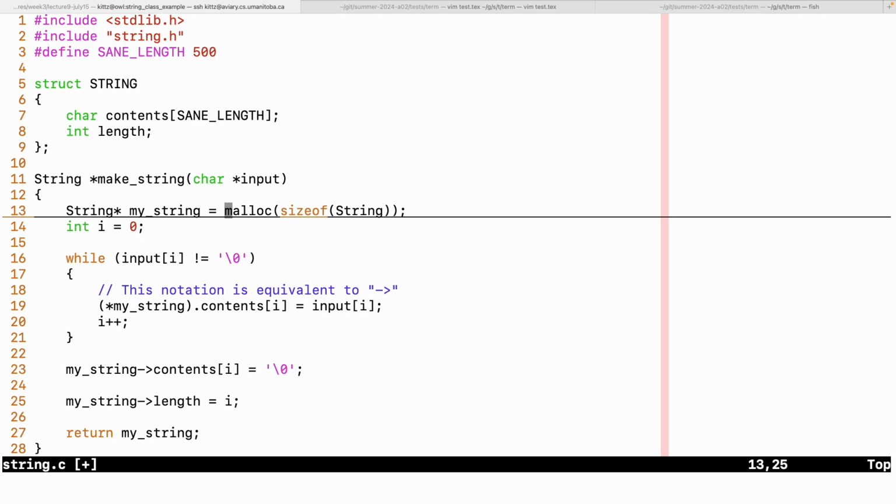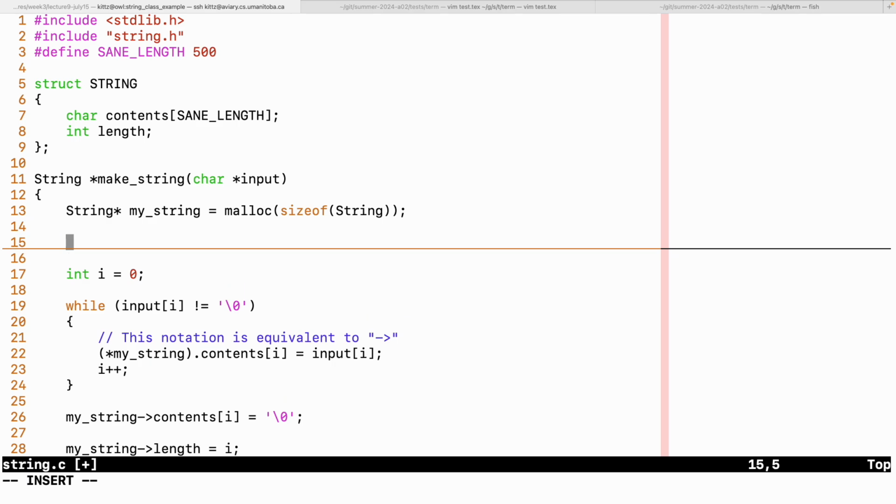Before we go, though, I want to do a bit of error handling because malloc might return null. So if my string equals null,